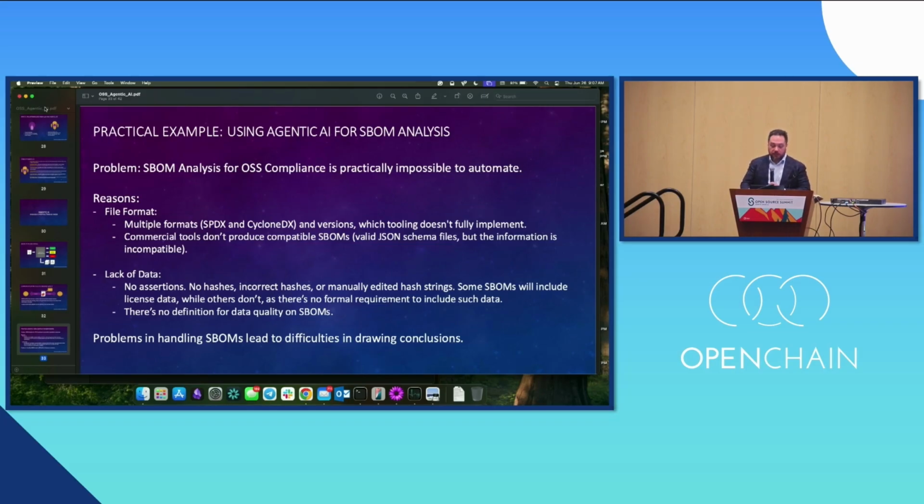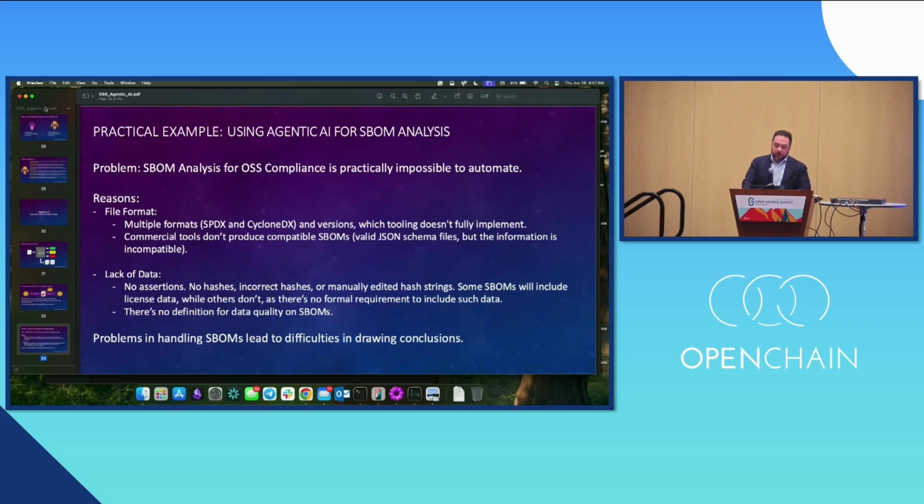we need to address other challenges, like the different file formats. There is a bunch of discussion around SPDX, CycloneDX, and others. The truth is that none of the parsers really work well, right? If you try to create your own, it is also going to be challenging. If you try to create any other Python library, it will not work very well. So when you go into practice and try to scale, you're going to need some help. And agents are really good at handling those cases.